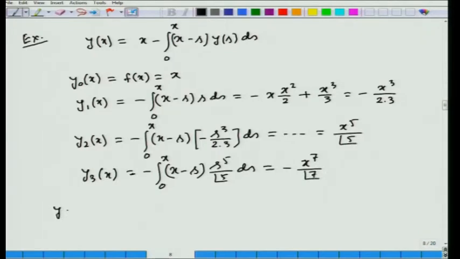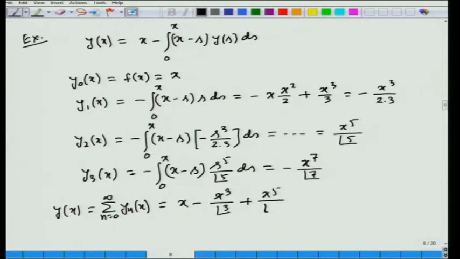So, y(x) is going to be the summation, n running from 0 to infinity, of yn(x). This is the sum of the terms x minus x cube by factorial 3 plus x to the power 5 by factorial 5 minus x to the power 7 by factorial 7, and so on up to infinity, and you can easily recall this is the series for sin x. So, sin x is a solution of this equation that we just obtained using the